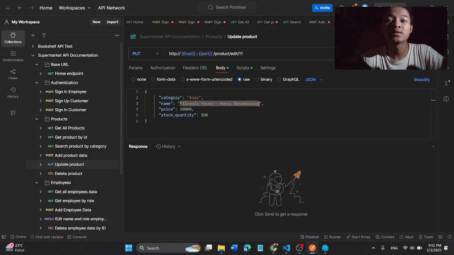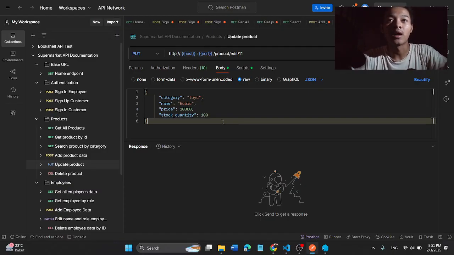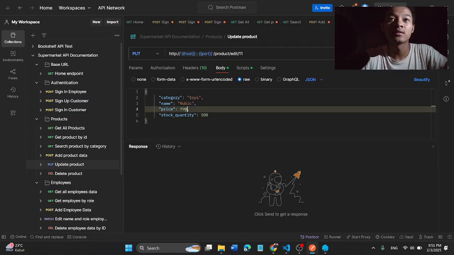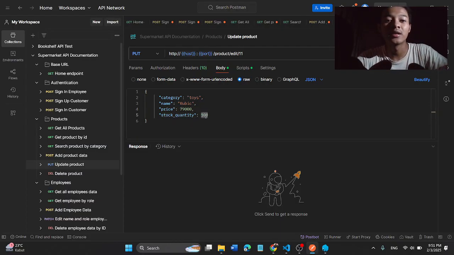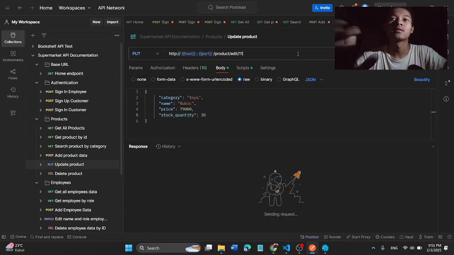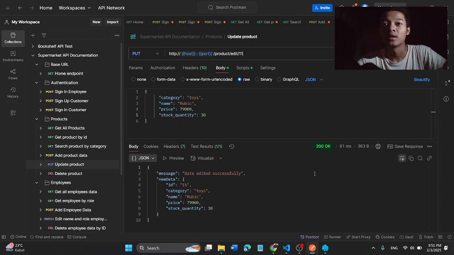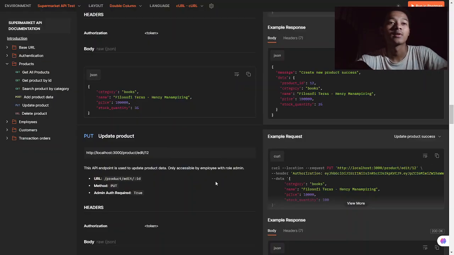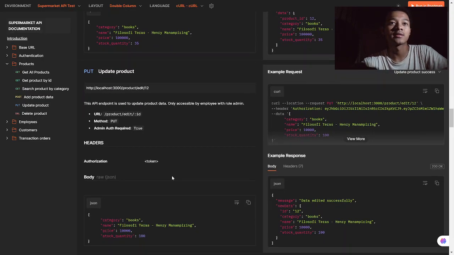The name of the product is still Rubik, but I will increase the price to 79,000, and I will also decrease the stock quantity to 30 only. Okay, let's send the request, and the response status is 200. This one is the response body with the message data edited successfully, and also the details of the new data. Okay, perfect. Continue to the next endpoint.